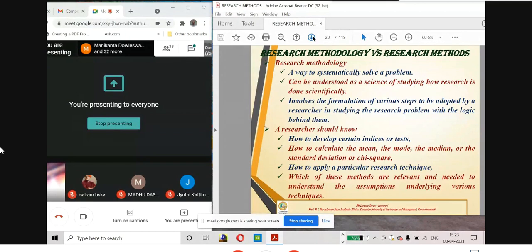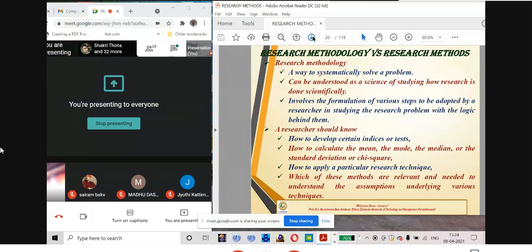So therefore, what is to be done by a researcher before you want to carry out research? What are the things a researcher must know? So the question is, what are the various aspects that are required to be known by a researcher? And the answer for this question is, first of all, the researcher should know how to develop certain